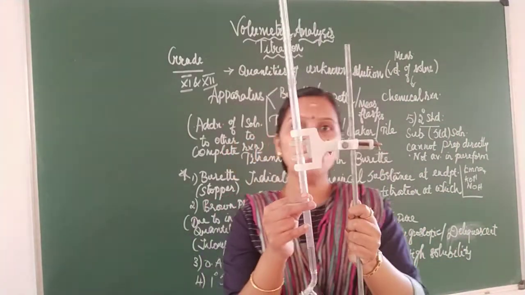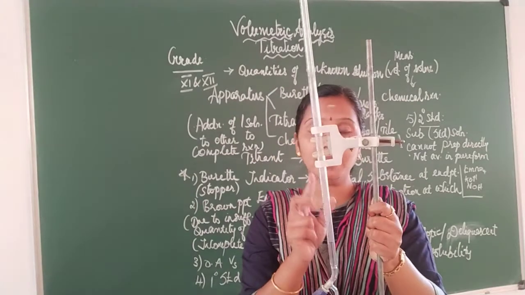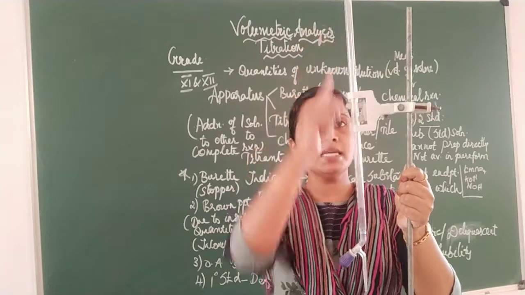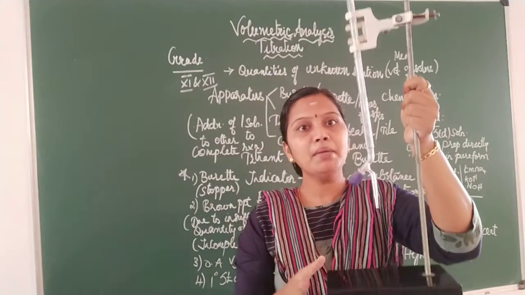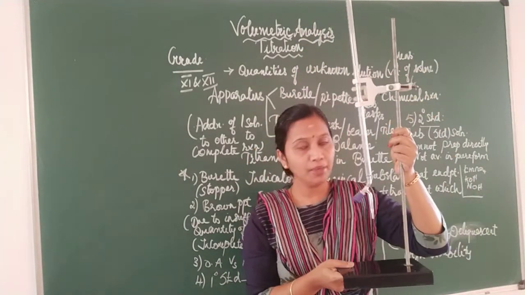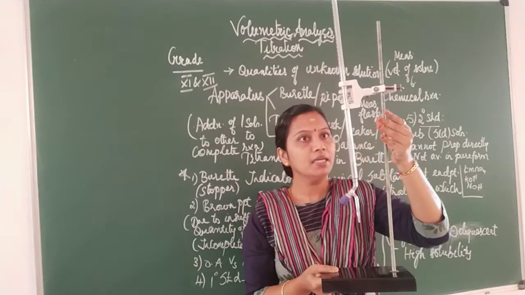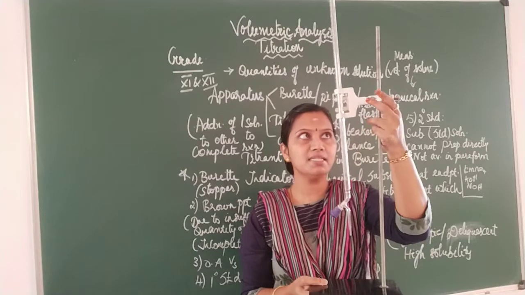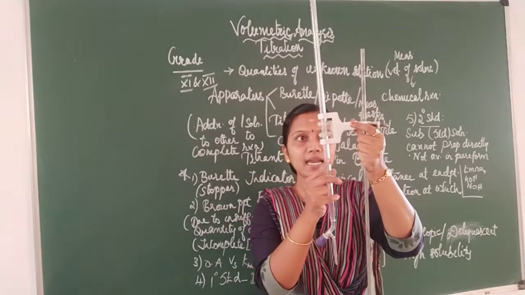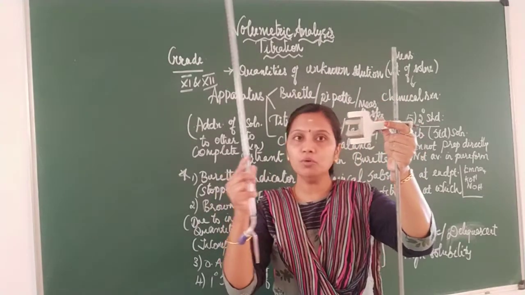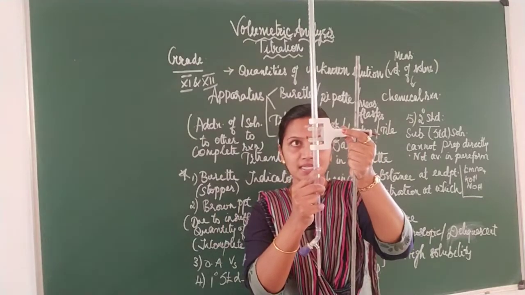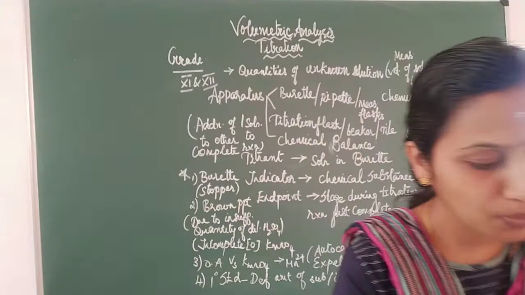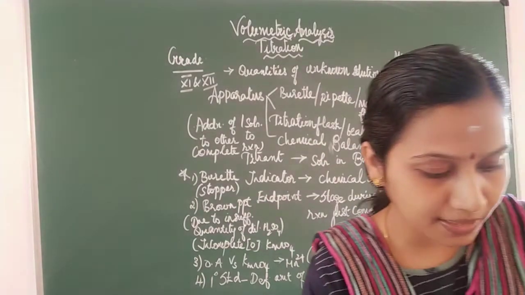Now where did I fix this burette, children? This burette is fixed in an upright position by means of a burette stand. I have fixed the burette to a burette stand so that it is holding firm. It is standing, right? See, this is the clamp. This way I can just remove the burette and fix it in a clamp properly. So we have seen the first thing, that is the burette and burette stand.